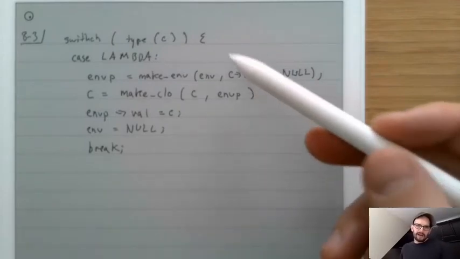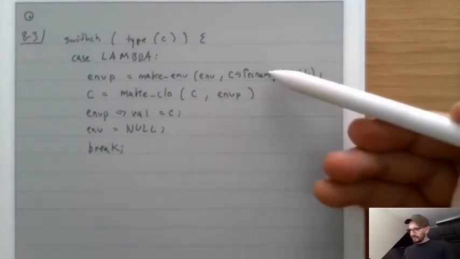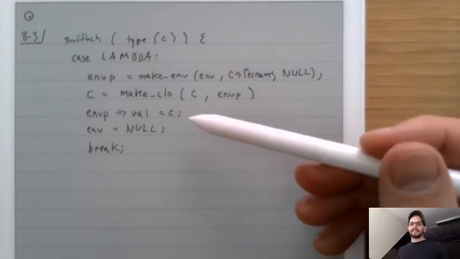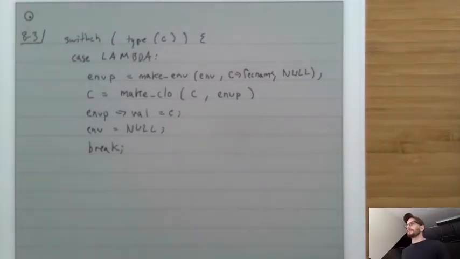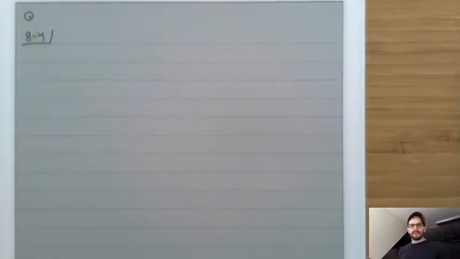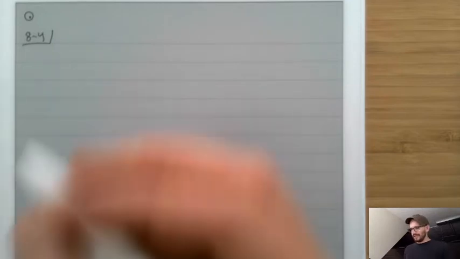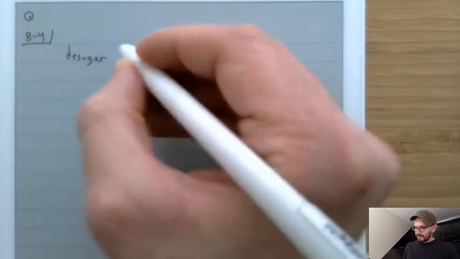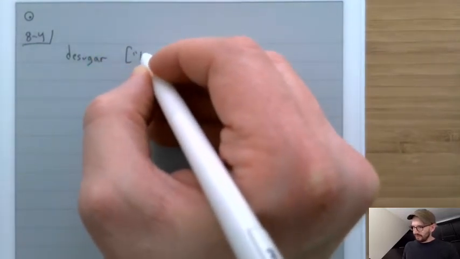And so this is what my rule for lambdas looks like. I construct the new environment, I make the closure, I make it so that the environment is cyclic, and then I'm moving on. Okay, now one thing that I highly recommend is you should add a rule in your desugarer so that you don't have to actually write it down all the time. Your desugarer is going to have a rule that looks something like this. When you desugar and you give me lambda,